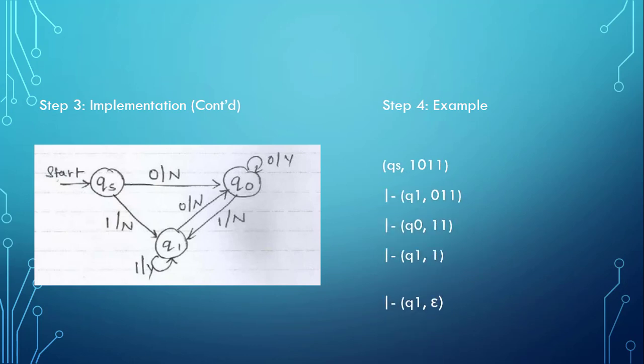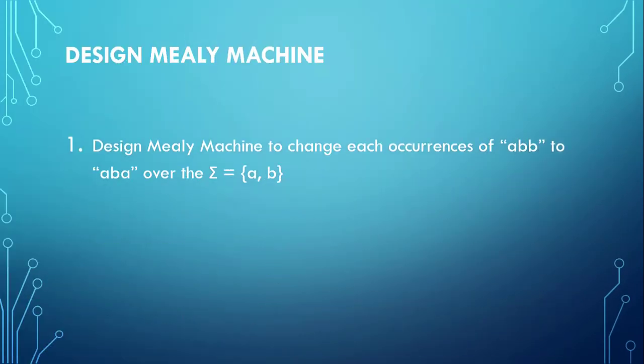So here we have an example. At the end we have Y, that means it was ending in either 00 or 11, or else it would have printed no, meaning it was not ending in 00 or 11.